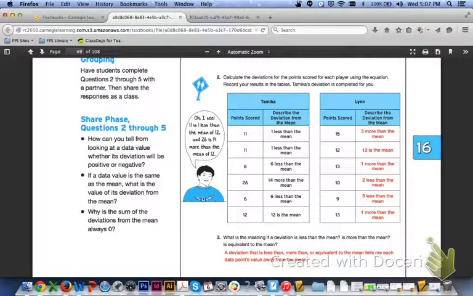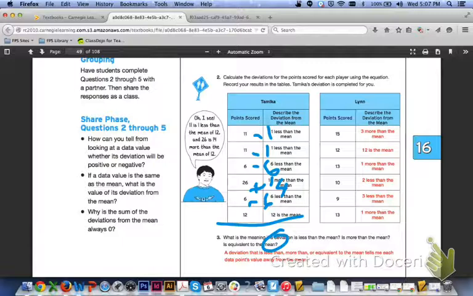Let's take a look a little closer at this problem. So 1 less would be -1, -1. 6 less would be -6. 14 more would be +14. And 6 less would be again -6. 12 is the mean. So if we combine those, -1 and -1 is -2, plus a -6 is -8, plus another -6 is -14. But if you add 14, you're right back to 0. So the negatives balance out the positive.